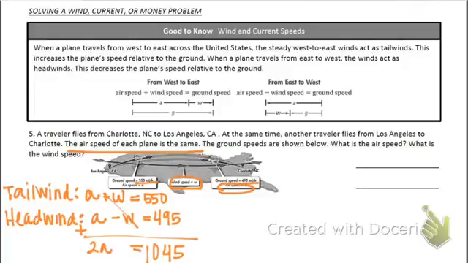And then what do I do to solve for A? Divide by 2. So A equals 522.5. Miles per what? Hour. Good. So my airspeed